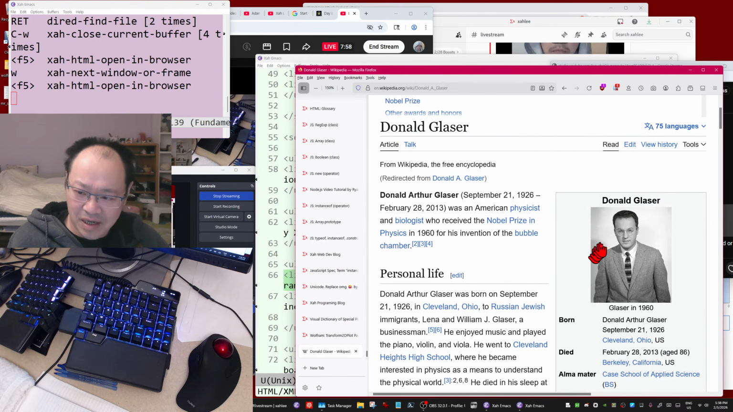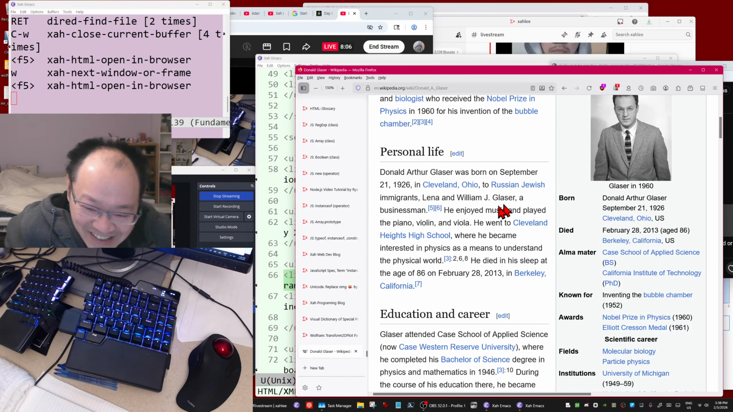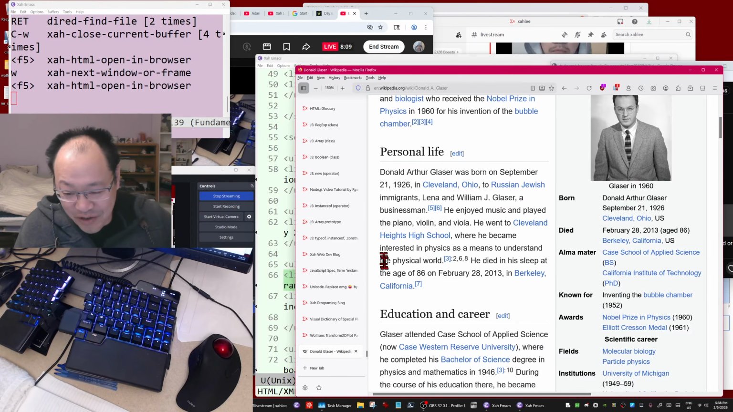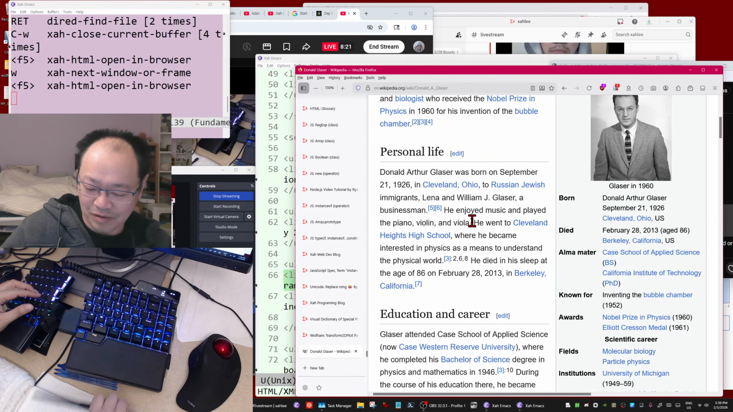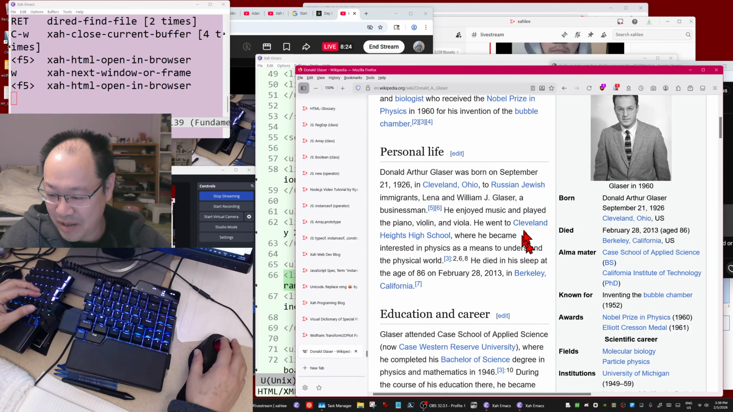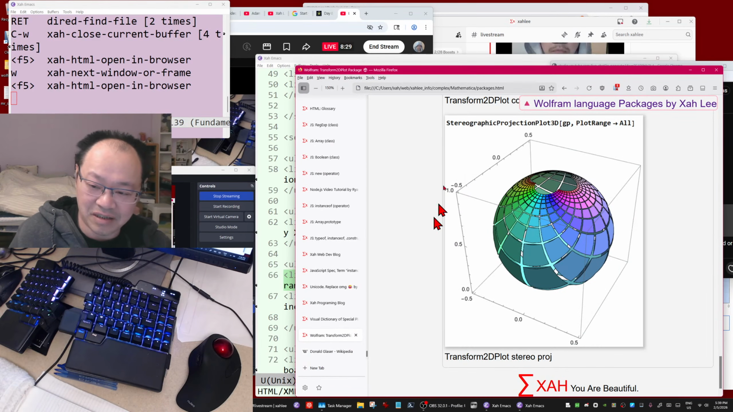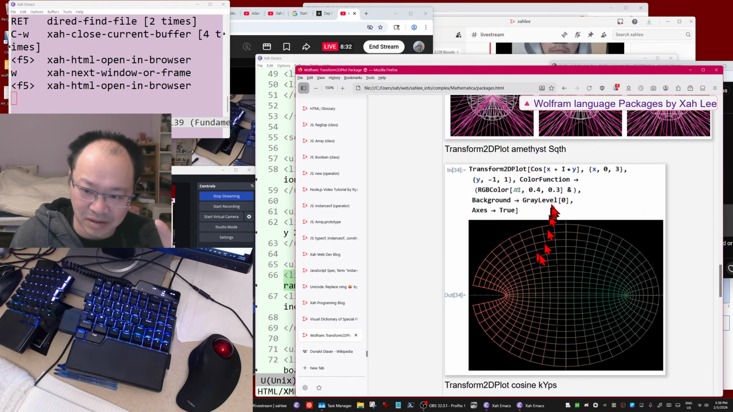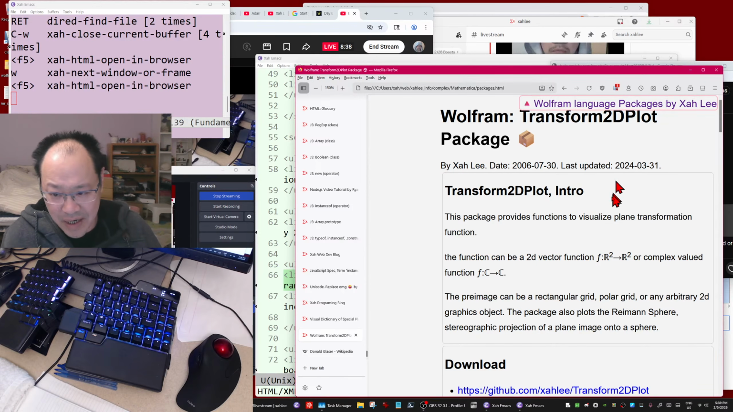Okay, so he contacted me. Probably it's better if I just go and work for him or work for Wolfram Research. Anyway, my life is kind of complicated, in part because of a failed, problematic family. So anyway, I didn't do anything with the guy. He just contacted me, in particular because of this package, this Transform 2D Plot. I wrote that in like